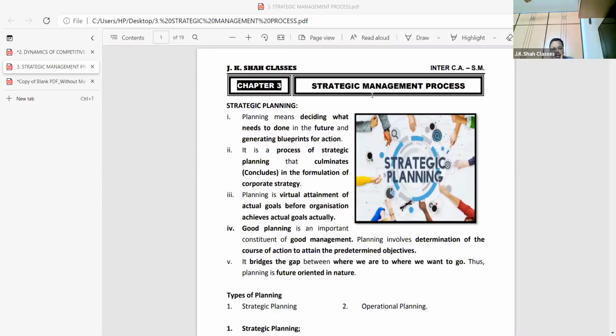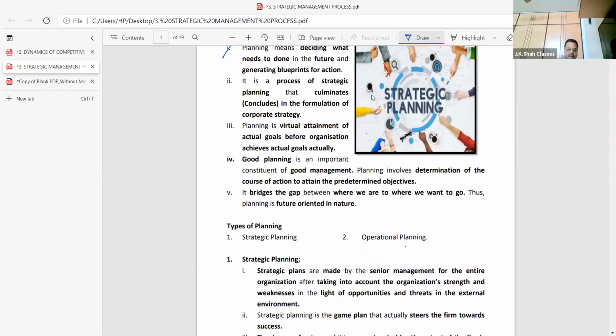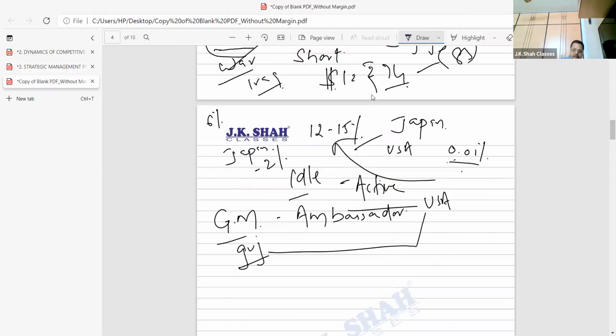So see, this is the topic, process. What process are we going to study over here? About the vision and the objective. So what the topic is all about: the vision, the mission, the objectives, the goals. So why do we have these different terms: vision, mission, objective, goals? Once we go ahead in this chapter, you'll be able to understand. See, the topic starts with planning. And in planning, you have strategic planning, that is one, and then you have operational planning. Please pay attention.